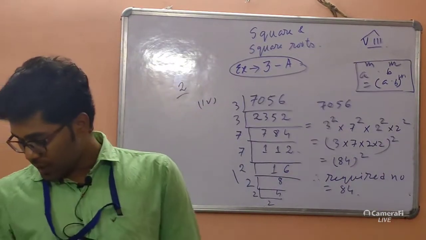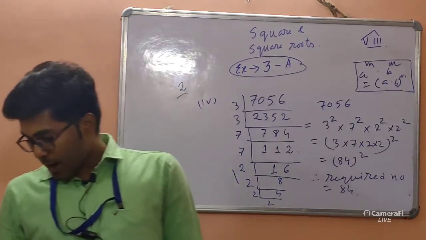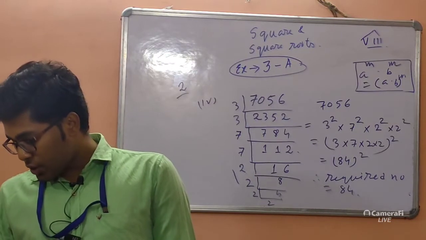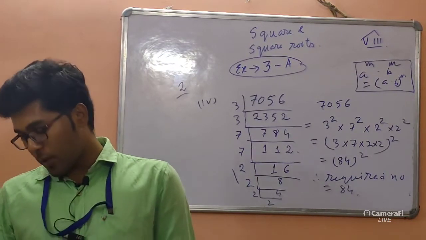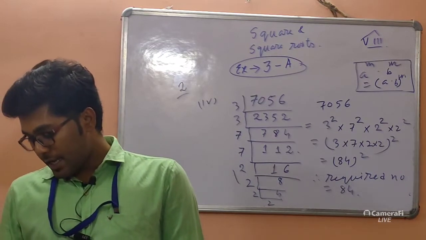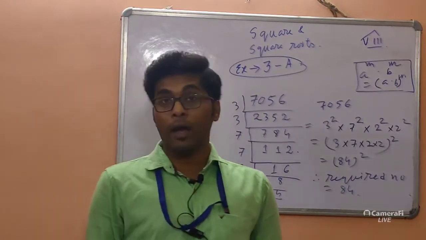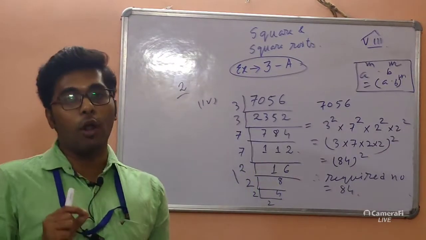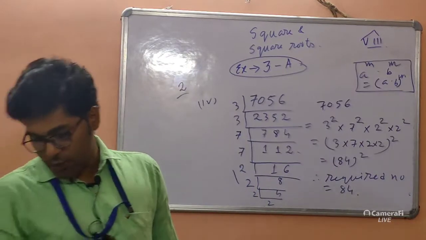Okay, so let us do question number 3 then. Question number 3 reads, by what least number should the given number be multiplied to get a perfect square number? In each case, find the number whose square is the new number. So the first step is always we need to factorize it. Let us do 3 ka 2 we are doing.